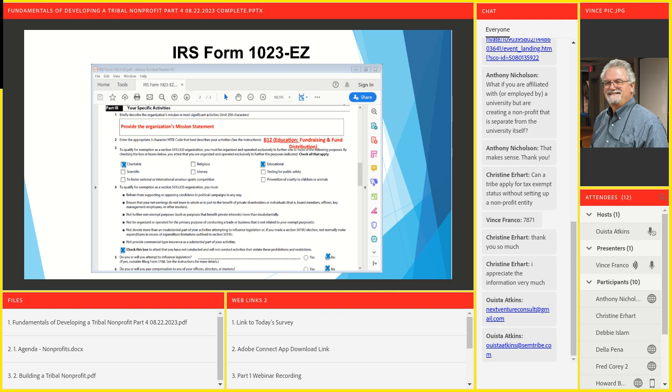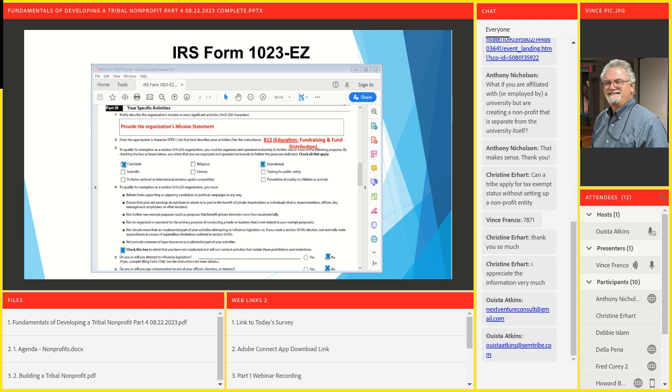It just might be a focus area, in the same way that you might have a focus area for the reduction of opioid usage or meth houses on the reservation. It does not make you a pharmacy or anything like that. It's just a focus area. But most organizations would mark charitable and educational as their two focuses.